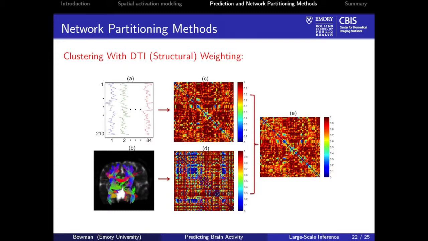So we've actually begun to do some more modeling of joint estimation of diffusion, of structural and functional connectivity. But to begin, we wanted to just do some descriptive things. The idea is that we can look at functional data, so the time series in 86 regions, and on the basis of that compute a measure of similarity or dissimilarity, and then similarly using diffusion tensor tractography, look at connections or not between different regions, and then blend these together to form some metric that can be used to define functional networks. And we've been able to do that pretty successfully.